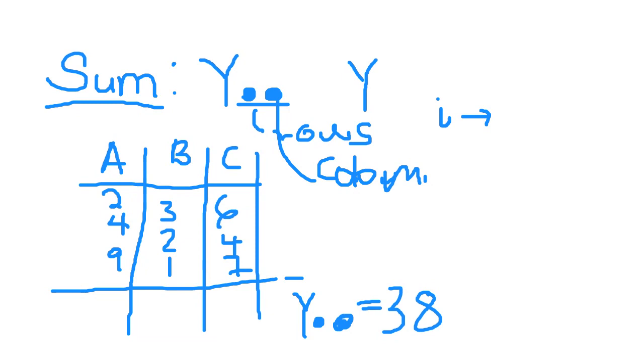treatment, which is A, because it's columns, and I said the dots go with what? The first dot from the Y indicates it goes with the rows. The second dot goes with the column. So if I want to find the sum of the first column, I'll write